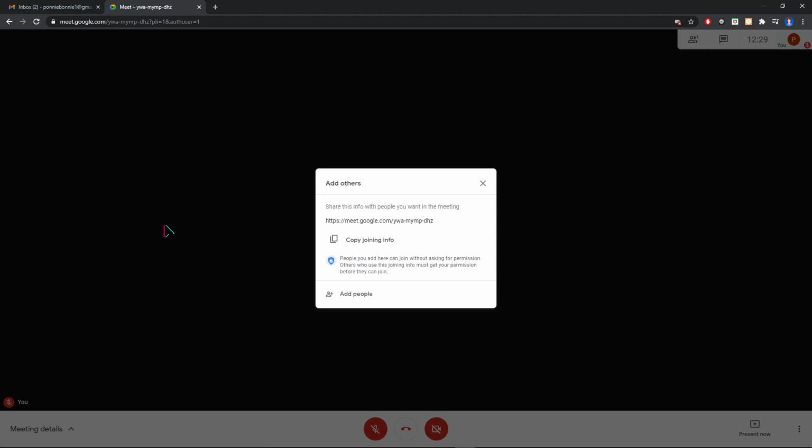But it appears this message where it says add others. So there's two ways to add your friends or some people to your meeting in Google Meet. Here is how. Here's the first way, by copying the join info like that, and now it's copied, and now you can send it to your friends